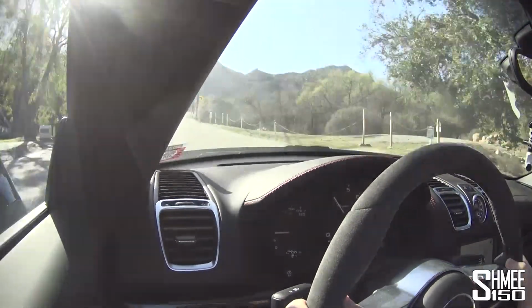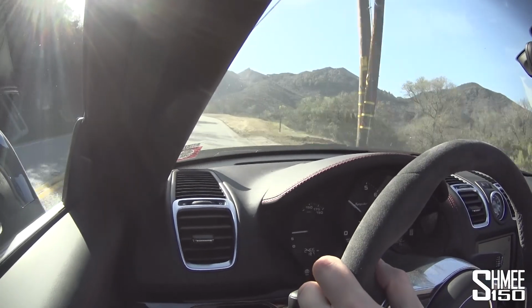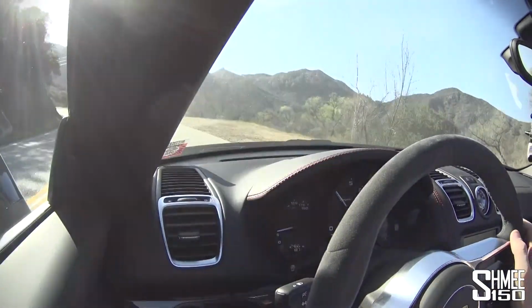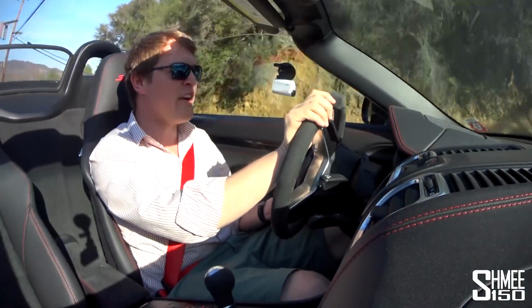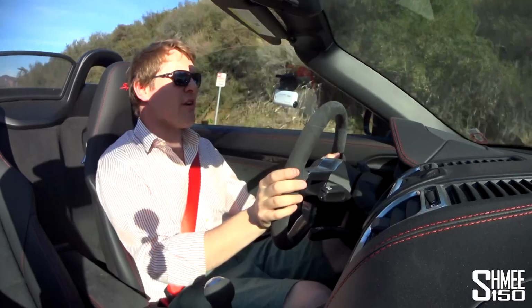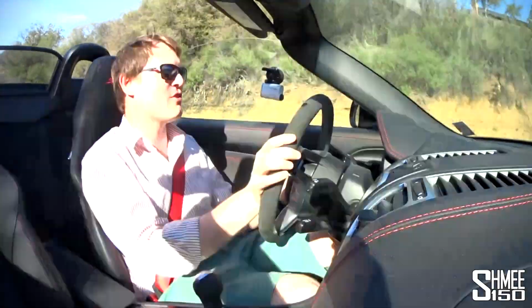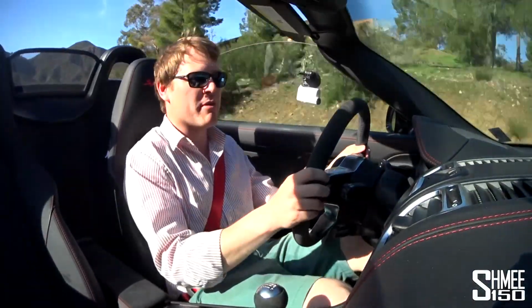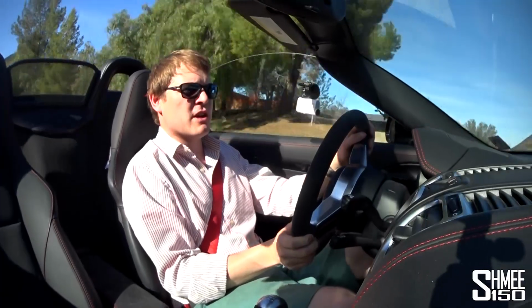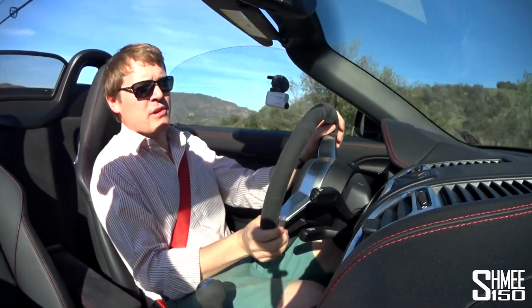But this is going to be a lot of fun because this car is built to be entertaining. You know, that's why the GT4 has won so many Drivers' Car of the Year awards last year, just because it's such a hilariously fun car. They weren't going for out and out speeds, they were just going to make it an entertaining drive, and they did it so well, combining the characteristics of the smallest Porsche platform, the 911 engine, the different suspension setups,